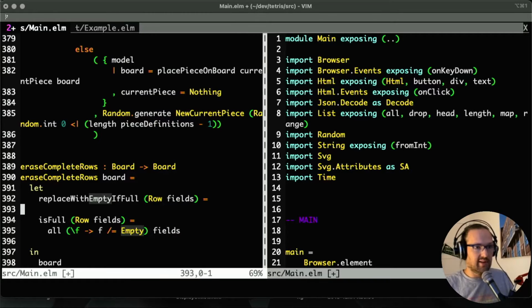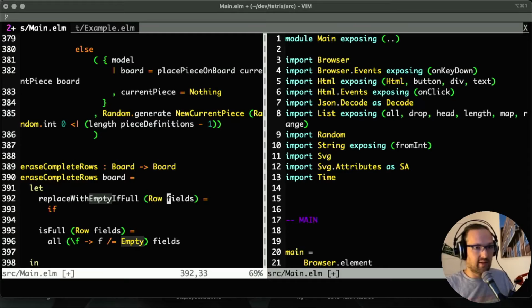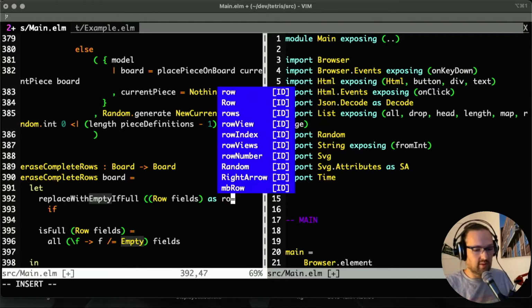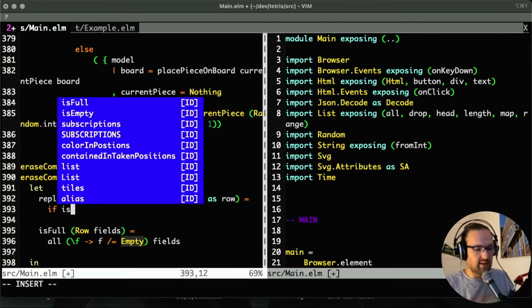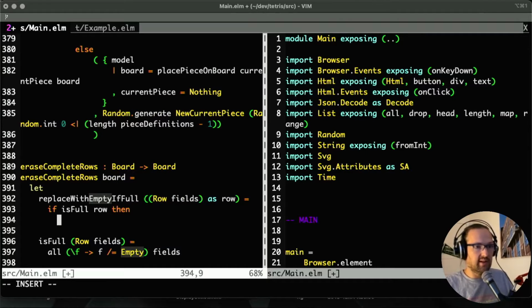Cool. So now we can say if... I'm just going to give this parameter also an alias as a whole called row. If is full row, then